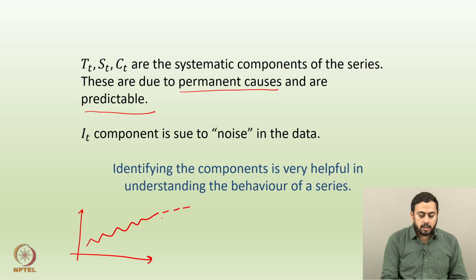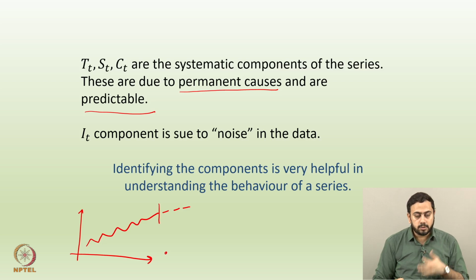Obviously if the data is available till here, then the forecast will not suddenly be here. Just to understand this idea, since you are observing a trend component, the trend component can be predictable in nature. The same thing is true with, let us say, temperature data, or for that matter any seasonal data.